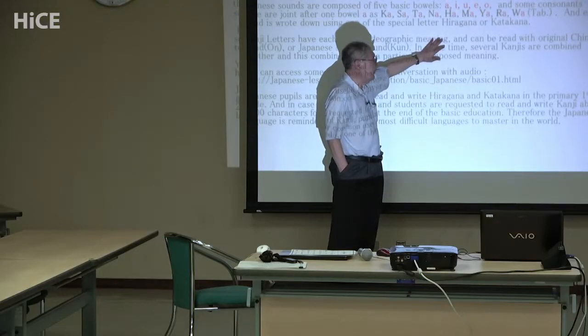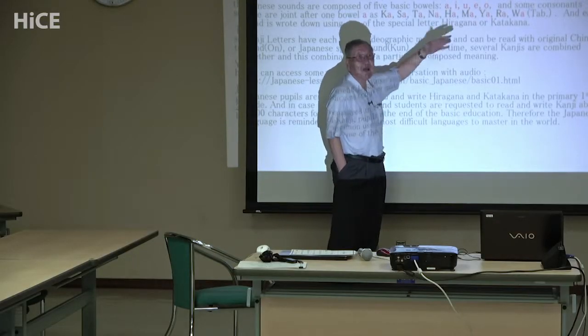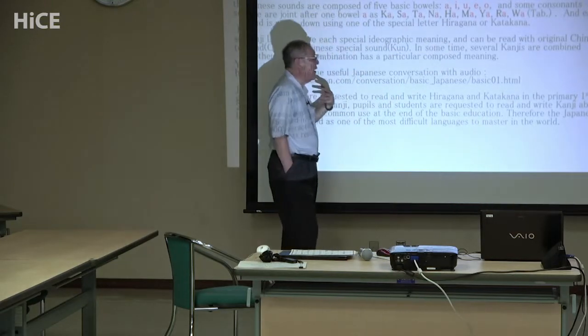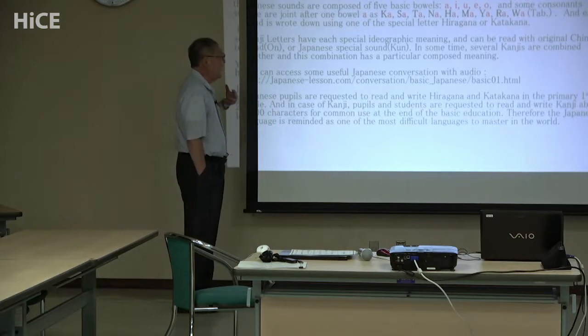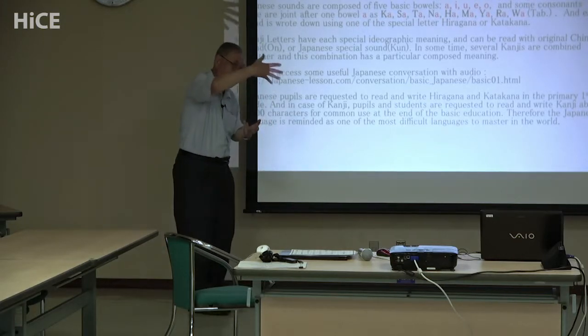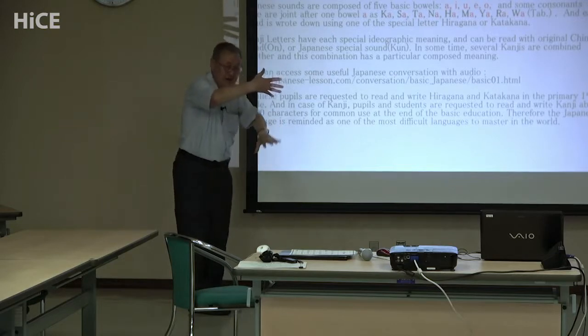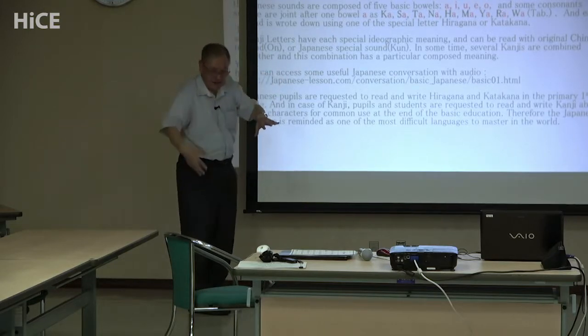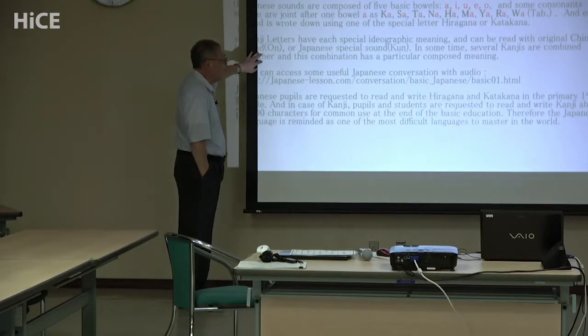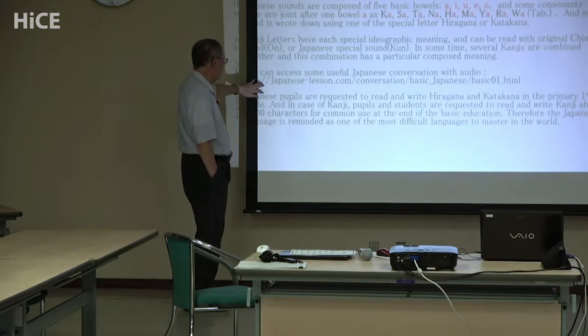Okay? But originally, those kanji letters came from mainland China to Japan. And we are now combining kanji character special meaning and hiragana and katakana and mixing together. Okay? And you can use the